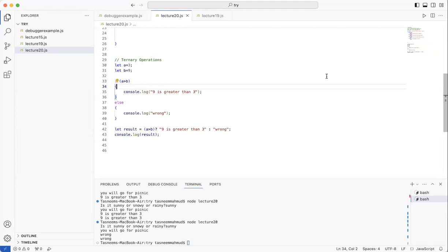Each and every one of them has its own uses. I would say for ternary operations, so that it doesn't get complicated, make sure you use it for cases where you don't have to put another condition inside. Essentially you use it for one condition, but you can use it for more. It's not a restriction. It's just that we have three different kinds of conditional statements and they are used for different purposes.